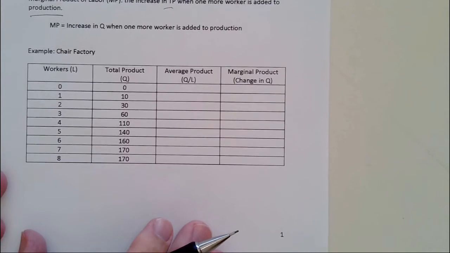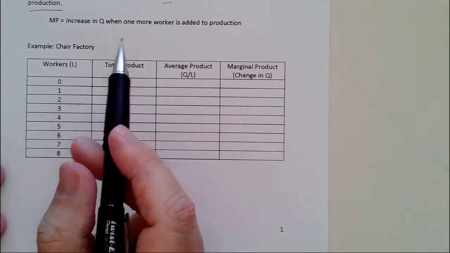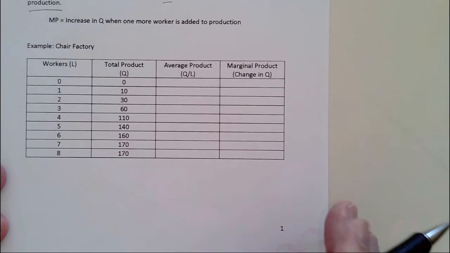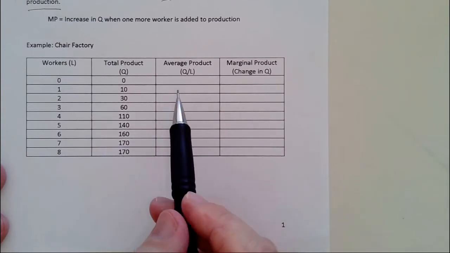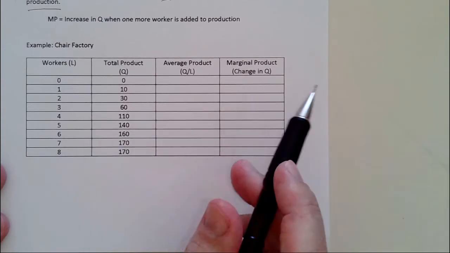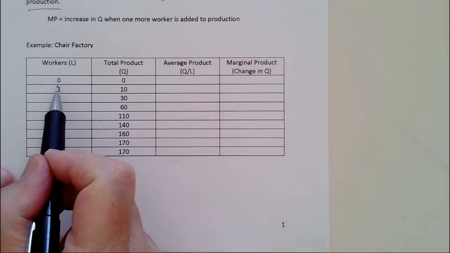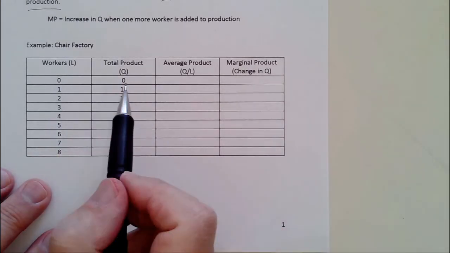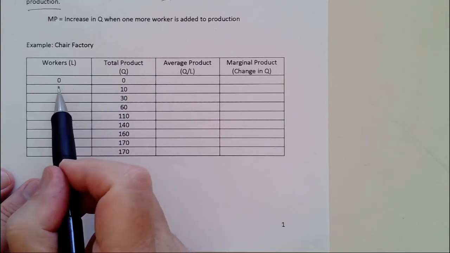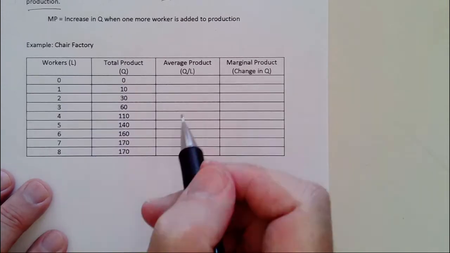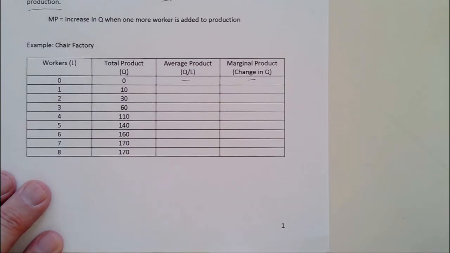So down here we have a little example. We have a chair factory, so we're talking about chairs. And let's say we have a factory that can go anywhere from 0 to, say, 8 workers. And let's say these are our total product numbers. And so on the exam, I could ask you to fill in the average product and marginal product columns. So if we have 0 workers, I'm assuming we can't produce anything, right? And therefore the total product is going to be 0. And without any kind of output or any kind of workers to divide the output by, these things are not really something we can calculate, and so they would have no numbers there.